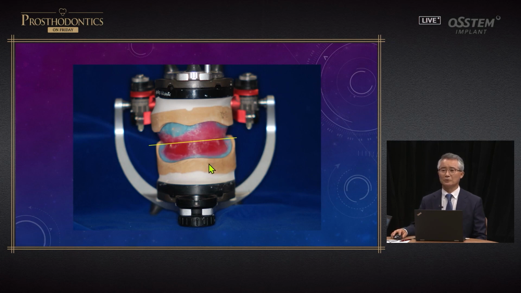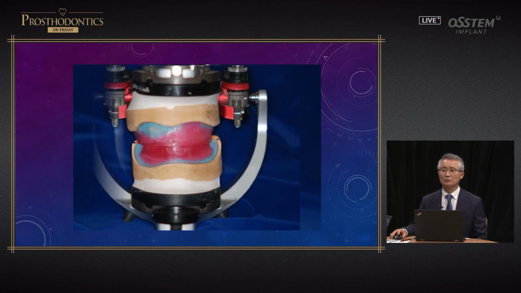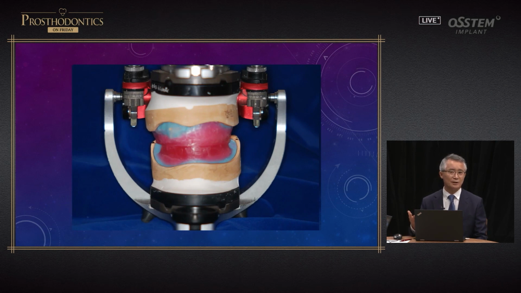So I said one word. I told the lab technician to make this parallel. After that, this kind of result was achieved with the same VD. The height of the anterior side did not change, and only adjustments were made in the posterior side. It's a parallel VD, and the CR bite was taken. By using face bow and mounting, the lab technicians can provide this kind of result. You do not need to work and stress at chair side if you can do this.